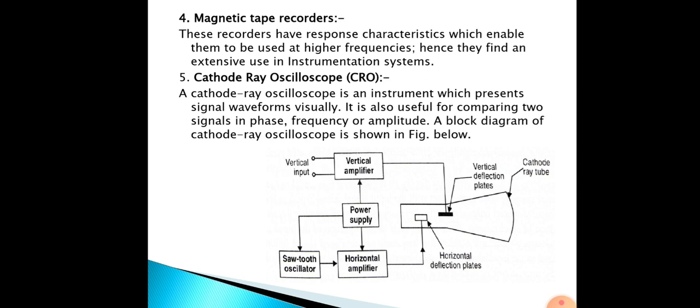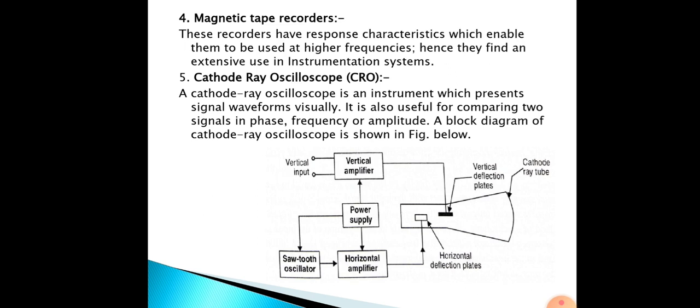A magnetic tape recorder consists of the following basic components. What are those? Recording head, magnetic tape, reproducing head, tape transport mechanism, and conditioning devices. What are the advantages? They have low distortion, a wide frequency range in the range of several megahertz, then a wide dynamic range which exceeds 50 dB. The recorded signal is immediately available with no time lost.